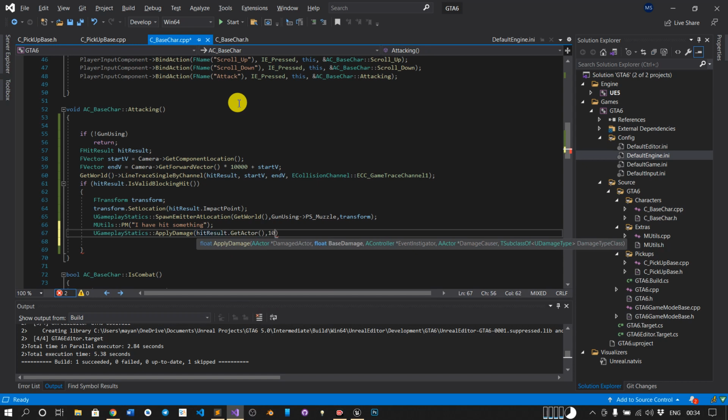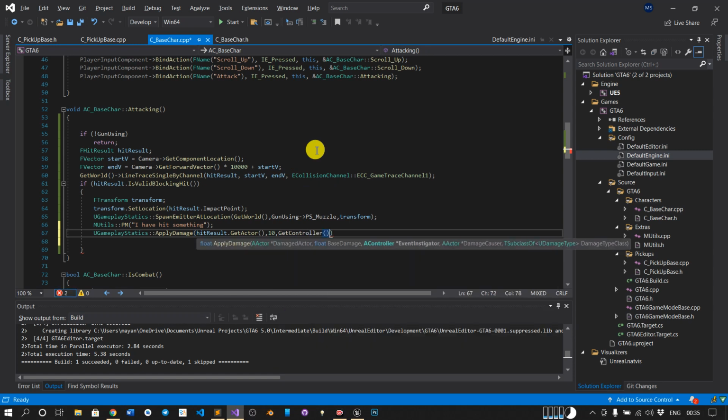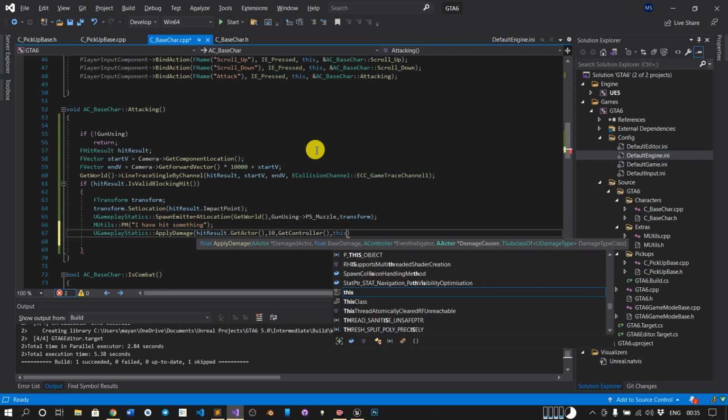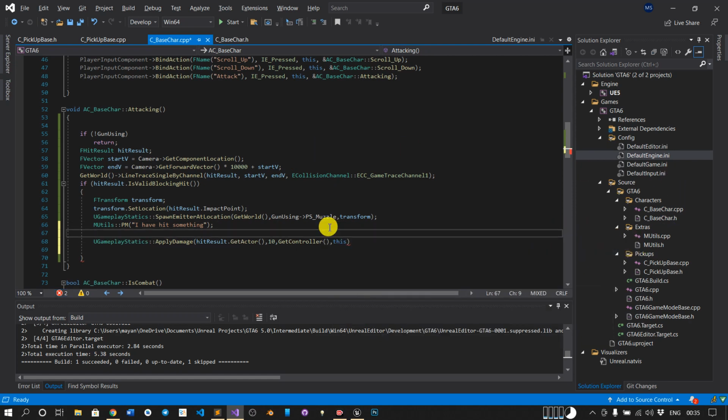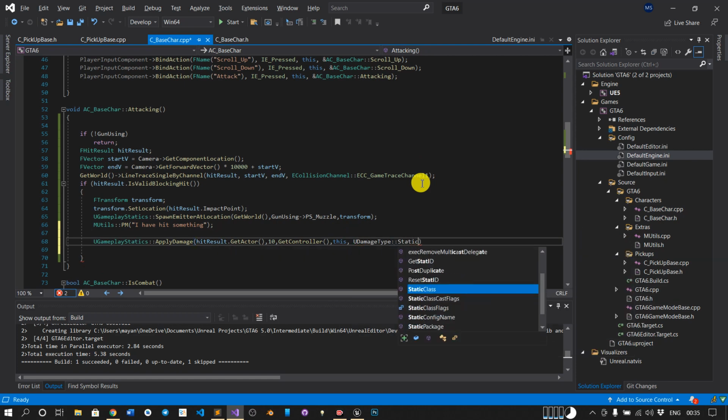For now we will keep it at 10, comma, the controller with which we have hit the target, so GetController, comma, next the damage causer actor, which is the current one, so we will put this. I want the default damage type class. So what I will do here, just write UDamageType static class.